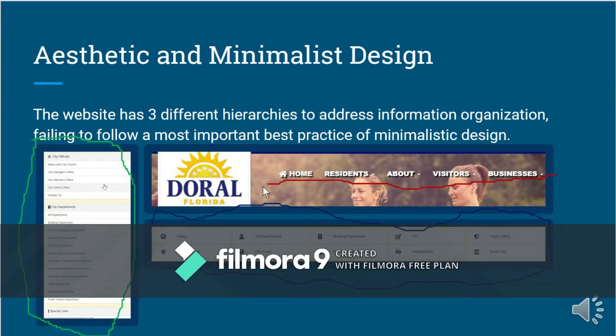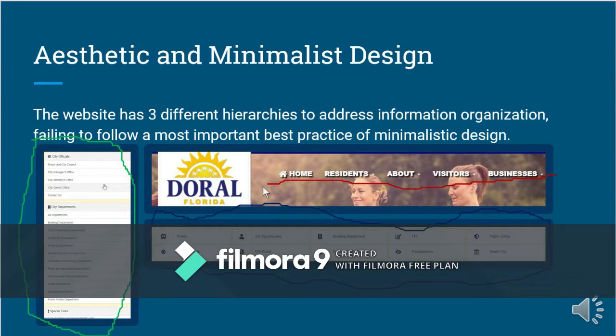It is worth noticing that they also have another section where they are managing the information organization that has links that are perhaps the highest used links on the website. But what they're actually doing here is just referring some of the pages from the column and some of the pages from the top menu.